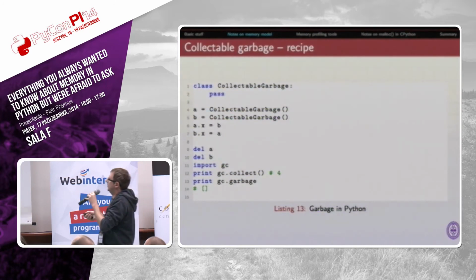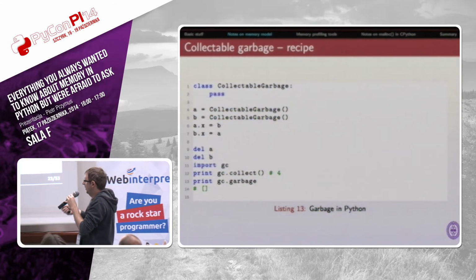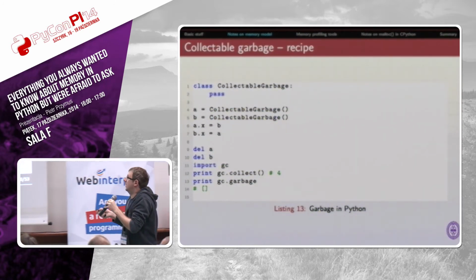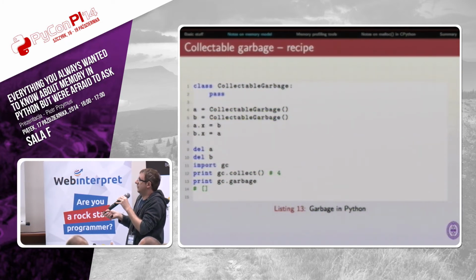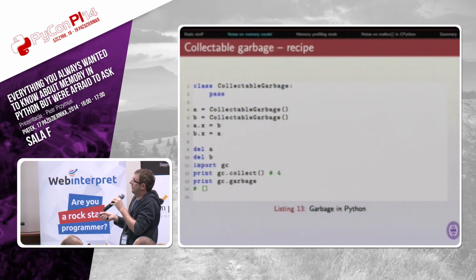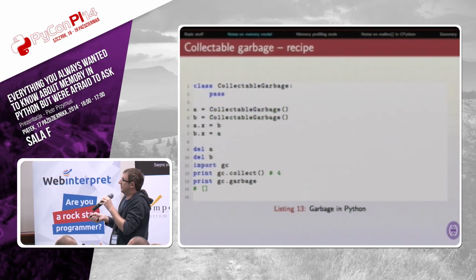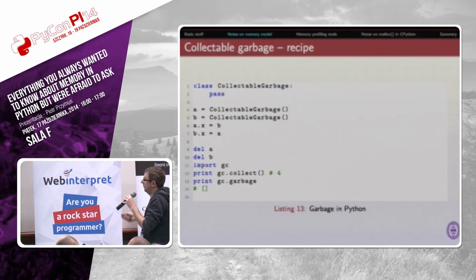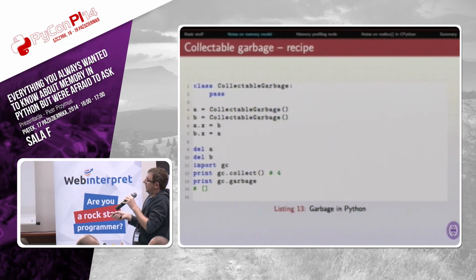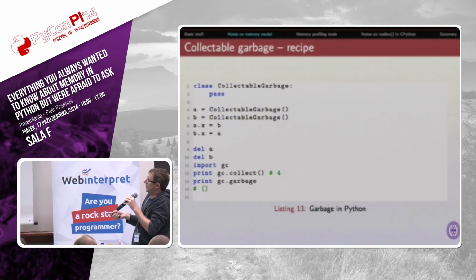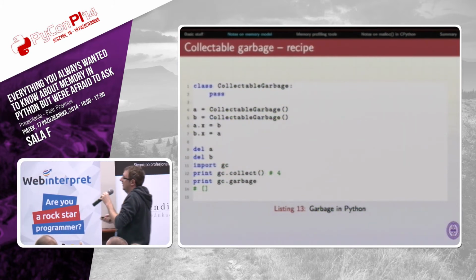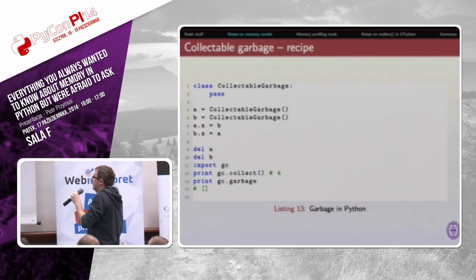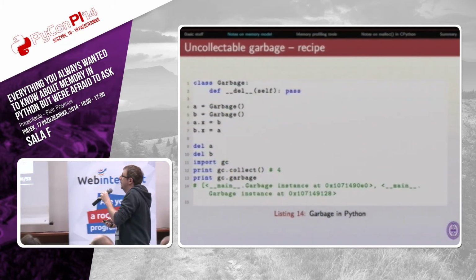So let's see an example. Here we have a simple class. We create two instances. We create a cycle. We delete them. We use the internal garbage collector. We collect the objects, and we examine the garbage that was left, and actually it's clean. So this cycle was pretty simple, and it was straightforward for Python. But